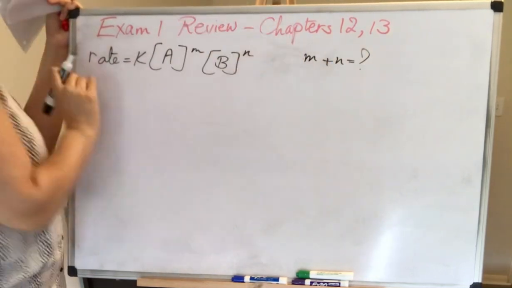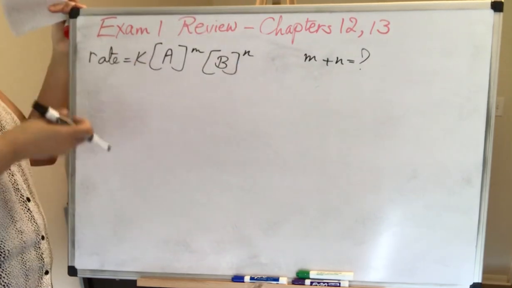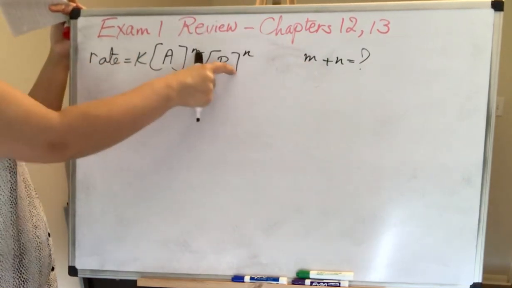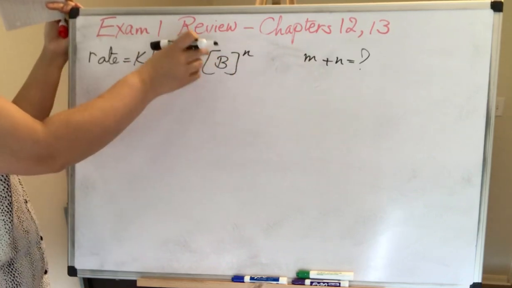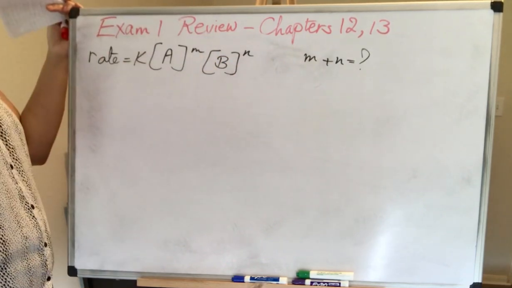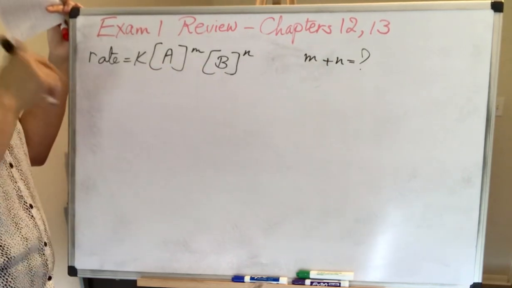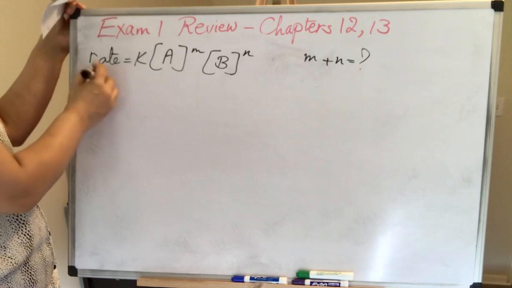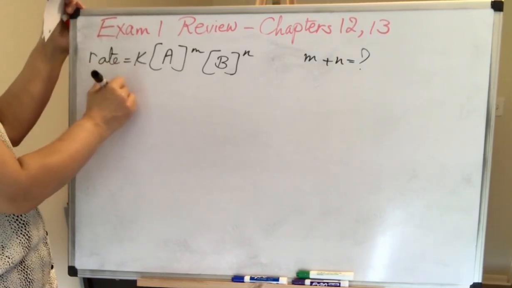Okay? So let's find out what is m, what is n. For finding m, we need to pick the two experiments where the concentration of B is constant. And for finding n, we need to keep the concentration of A constant. So you can go either way. Let's find